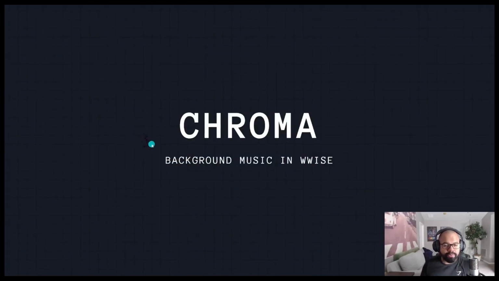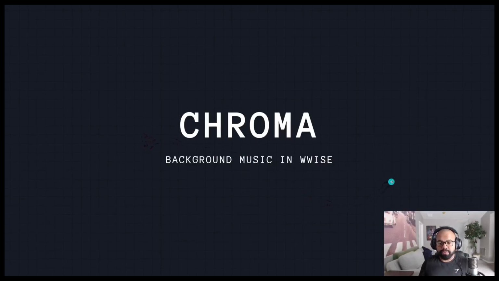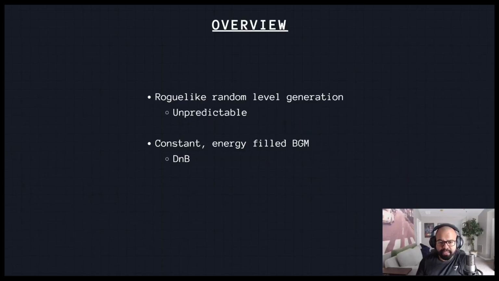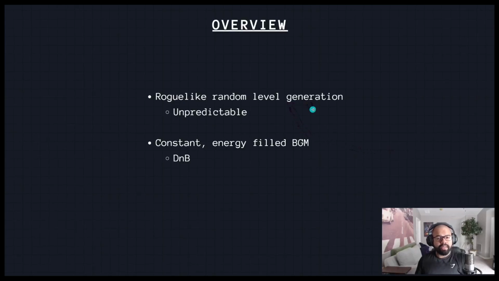Now, the first thing I like doing when creating any system is to write things down. I always have a notebook near me, and the most important thing is to know the general overview of whatever you're trying to make. In our case, it's a roguelike, and our levels are going to be loaded randomly, so I can't do any progressive music, like you might find in a story or narrative heavy game. And as far as the genre goes, that's of course going to be personal preference. But for us, we were going with a drum and bass style. We wanted to avoid any of the drops or buildups and just keep that constant energy filled background